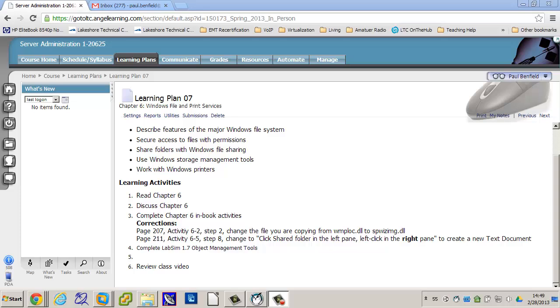We have different attributes as part of that. The file name conventions: what you can name it, what letters you can use, what letters you can't use, how long it can be. It also talks about whether you can space it or not. They're always hierarchical in structure. Folders can have other folders, which can have other folders, which can have files. How it's stored is based on the file system, which determines how it's physically stored on the drive, and what attributes and metadata and what kind of permissions I might be able to provide with access control lists.